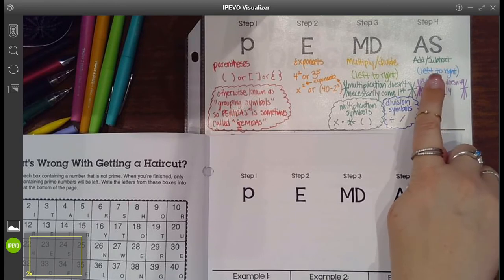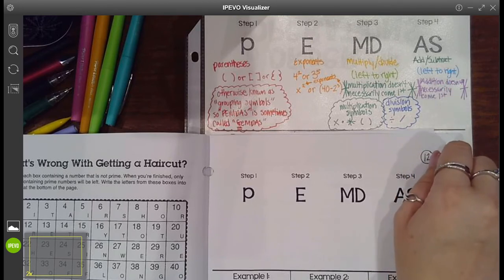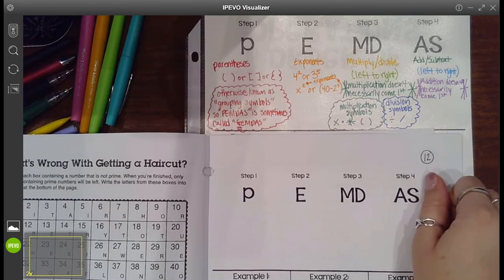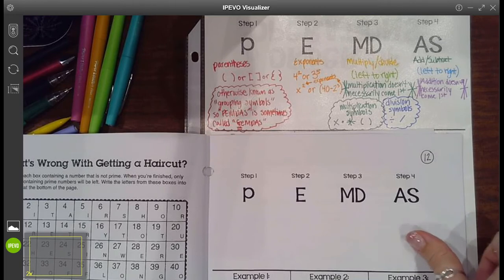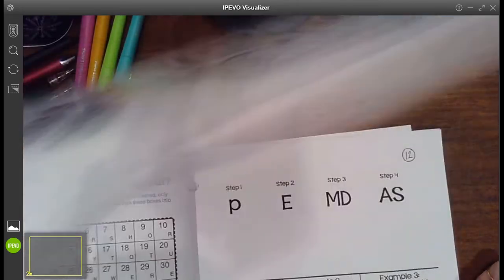Again, you don't necessarily always add before you subtract. You go from left to right, so whatever comes first is what you do first. Go ahead and pause the video if you need to copy that down at the top right here. All right, now that you have unpaused the video and you're back with us,